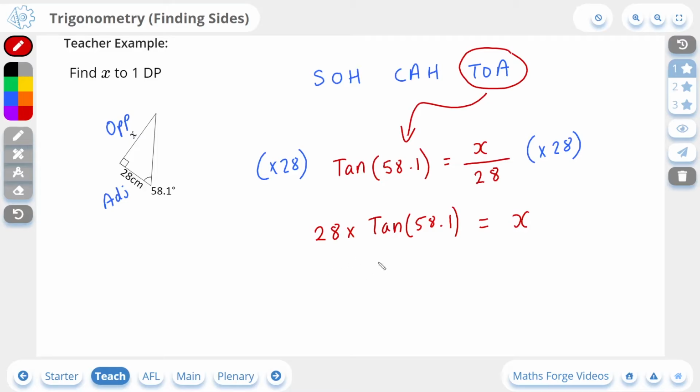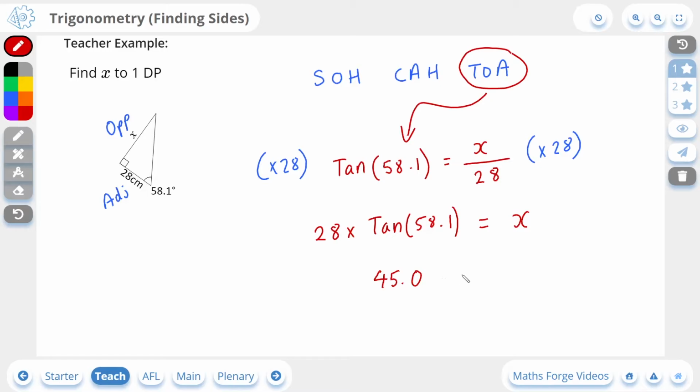Now, we need our calculator for the next part, and we need to input this into our calculator. But before you do that, make sure your calculator is in degrees. You'll know if it's in degrees if there is a small D icon, the letter D, on the calculator screen. If there is an R or a G, you have to go to the menu settings and change it to degrees. Once you've confirmed your calculator is in degrees, you can go ahead and put this value into your calculator and we should get the following: